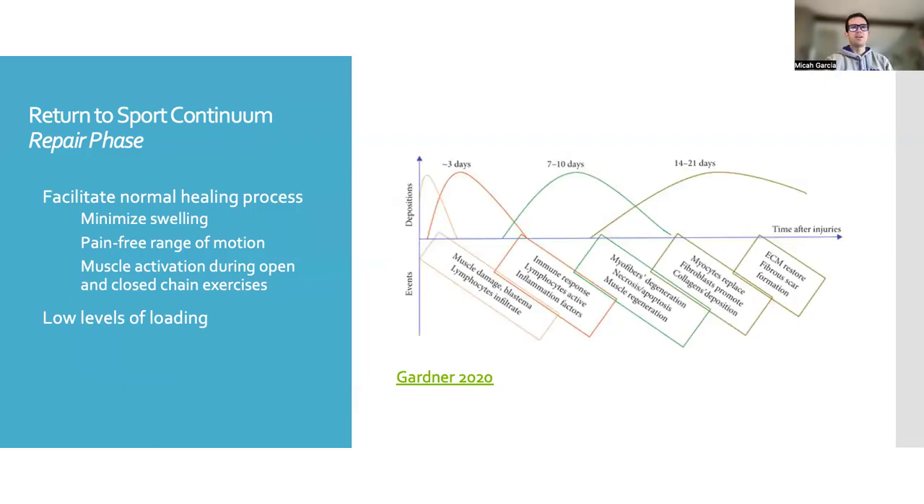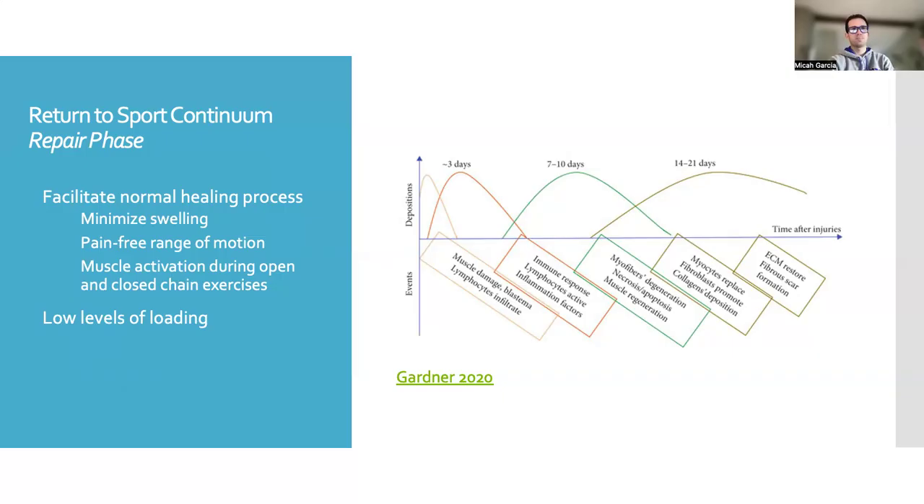Just to give you a general timeline of what this repair phase looks like. So within hours of that injury, this is where some muscle damage could happen, or just damage to the tissue as a whole. And this is where lymphocytes are going to start to infiltrate that area. Around the 3-day mark, this is where your immune response is kicking in. So those lymphocytes are going to be responsible for initiating this inflammation response, which is needed to start